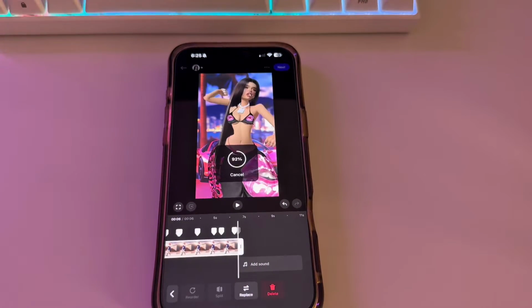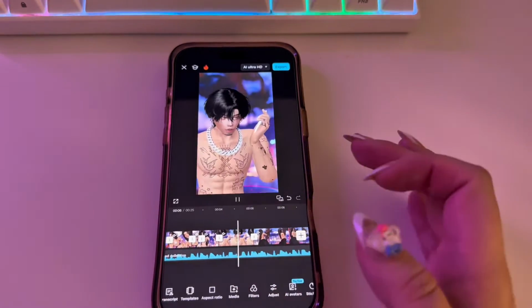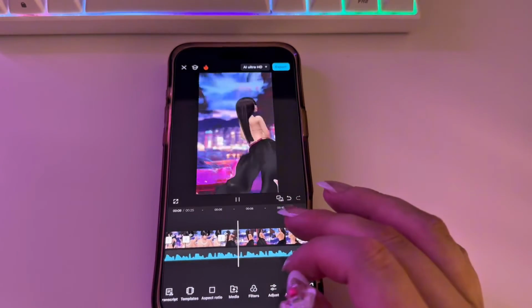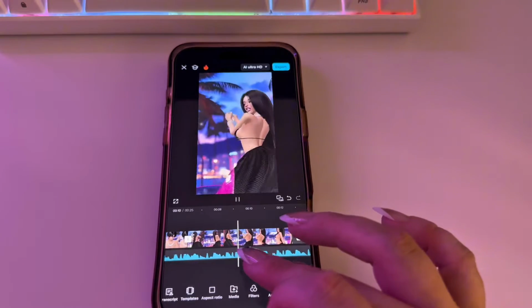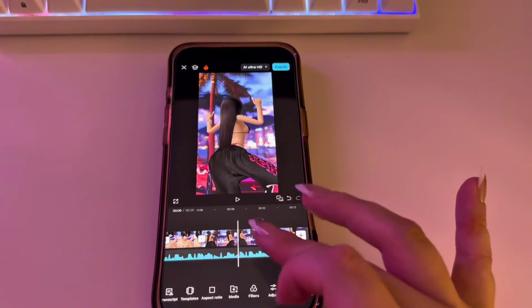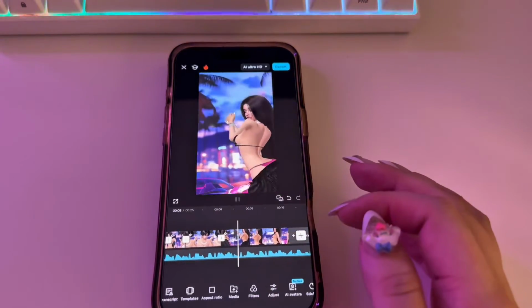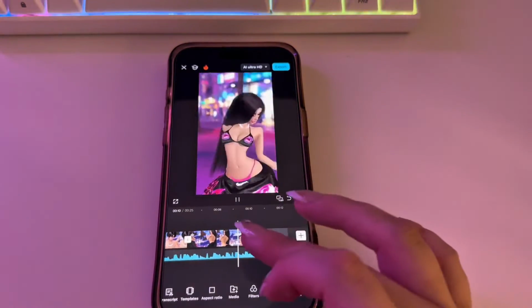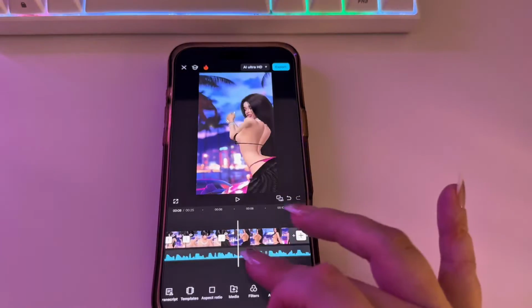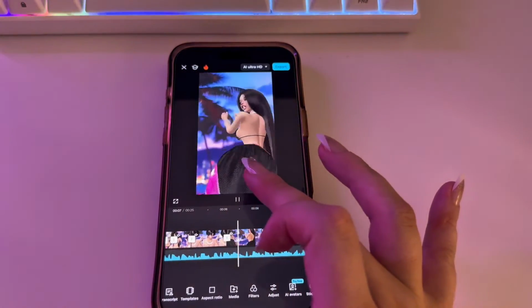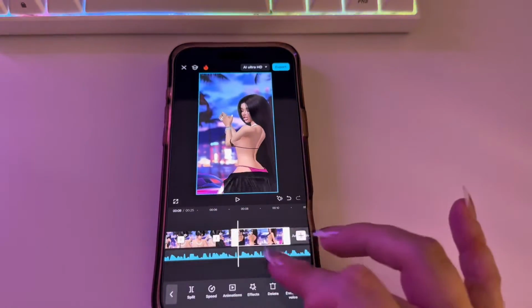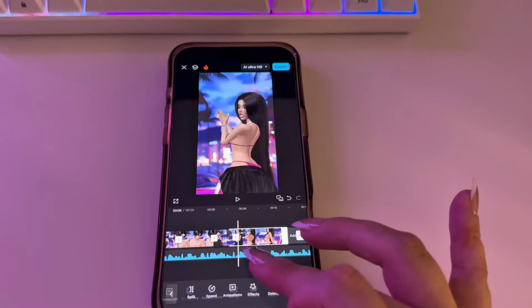I liked the way it looked, so I went on CapCut, obviously, and I added that to it. It just gives it, I don't know how to describe it, kind of like, oh wow, okay, there's stuff actually going on in this video. There's not just two people on the phone. I mean, there's nothing wrong with that, obviously, but I wanted it to be more like a music video.